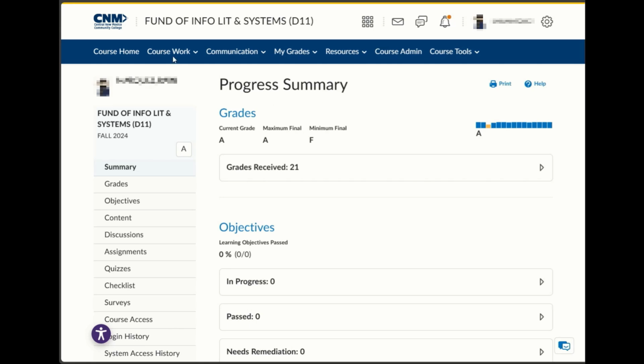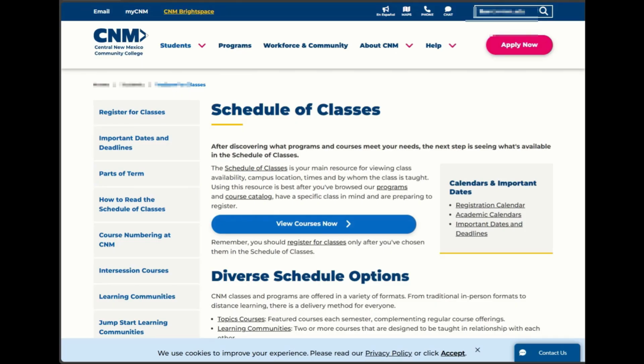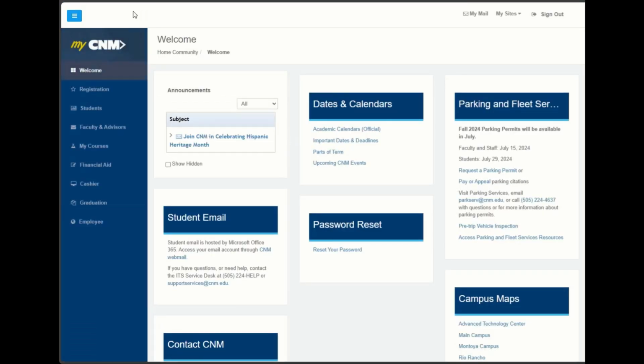And it could be very daunting and stressful. Now, if we go back to the entry point over here, we're going to go over to Degree Works, so that way we can check the progress as far as their graduating level. If you go to my CNM at the top, instead of CNM Brightspace, now we're going over to graduation, second to the bottom,